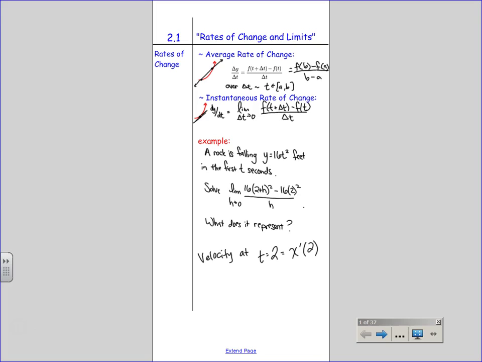Remember in the AP, for those of you that took it with me last year, how they would sometimes give us a limit problem that looks like the definition of the derivative, and we didn't have to actually do the limit stuff, in the sense of foiling and simplifying and canceling out the h's and then plugging in, but instead we could actually do the derivative itself. So how can we shortcut this whole process since it is just a derivative? Take the derivative of y equals 16t squared and, oh, hey, sweet, velocity is the same thing as 32t. I'm trying to do it such that t equals 2. So therefore, how